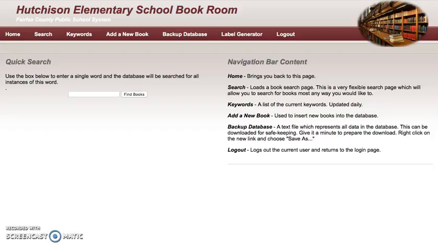After you log into the program, this is the home page that you would see. The first thing we're going to start with is your home screen. On this is the quick search. This is probably the one that's going to be used most often for just doing really quick searches on some